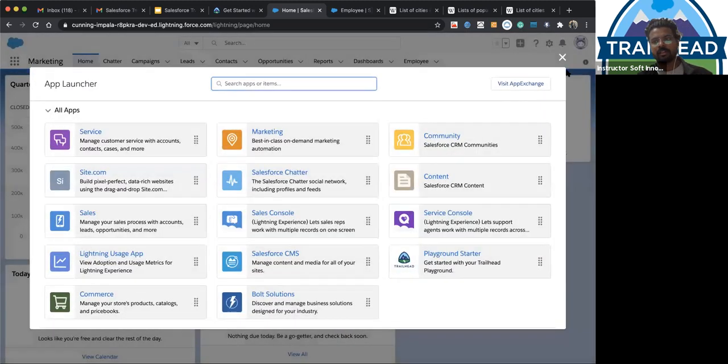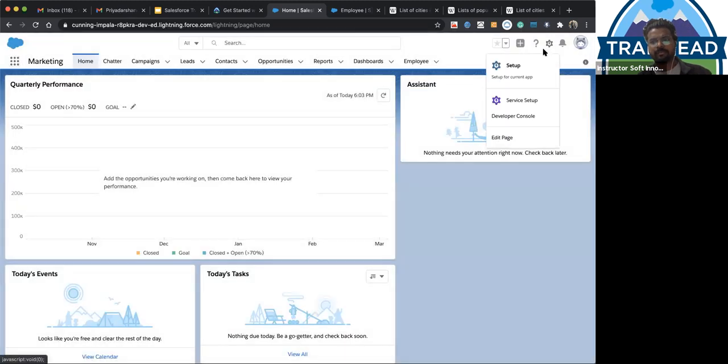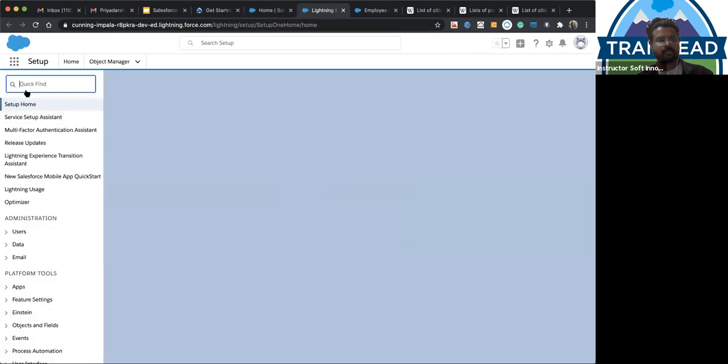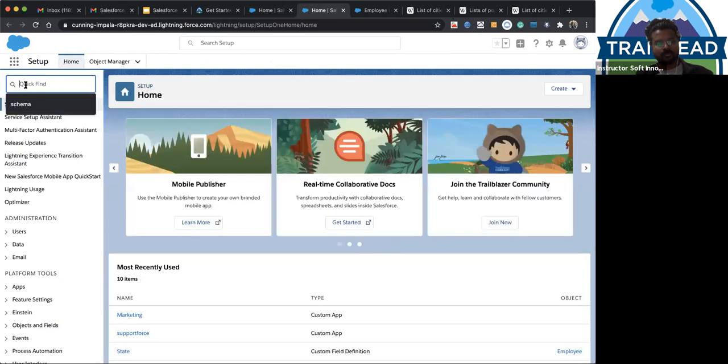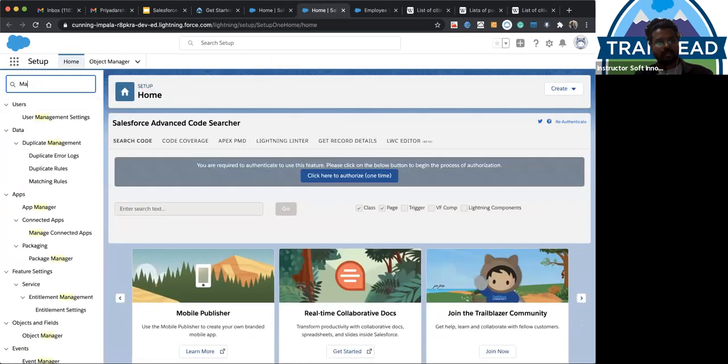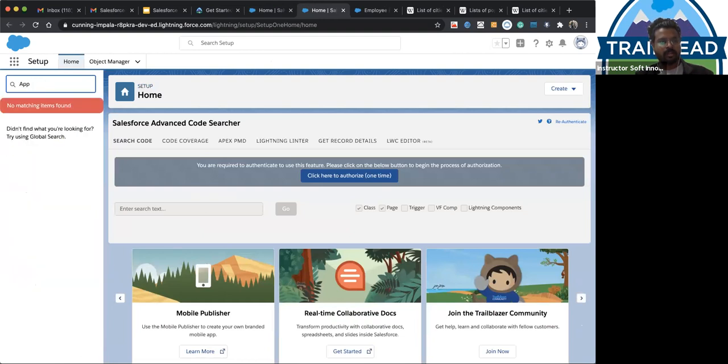So it should become from the set. So for the app, you need to search for the app manager.